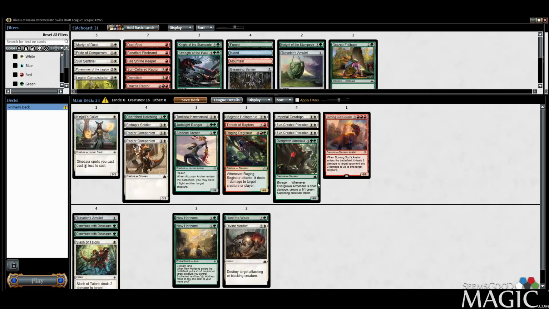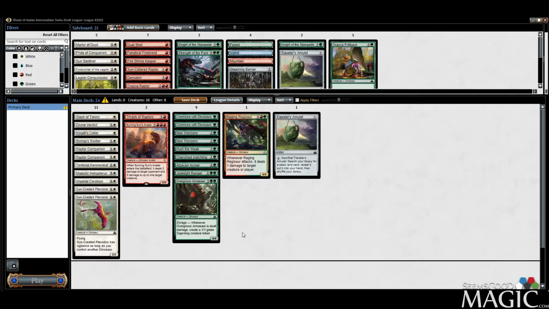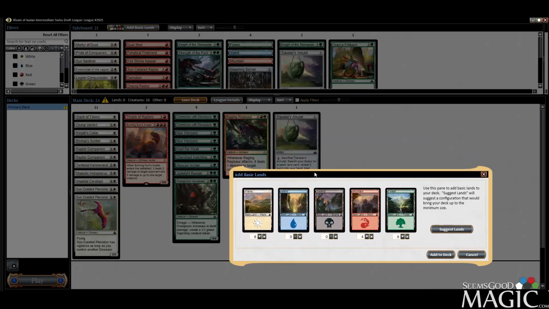How many red sources do we play? Because we have 2 New Horizons, we have a Traveler's Amulet. We probably play... Let me look at how color intensive we are. That's a big question. All right, so we have a couple double green. We only need 1 white. So I probably am going to try and get away with like 6 white. So if I do 6 white, which they recommend too, I think we probably go to like 8 green because we need to play that Commune and we need the New Horizons. So how about 2 mountains? 2 mountains, though, is going to mean...